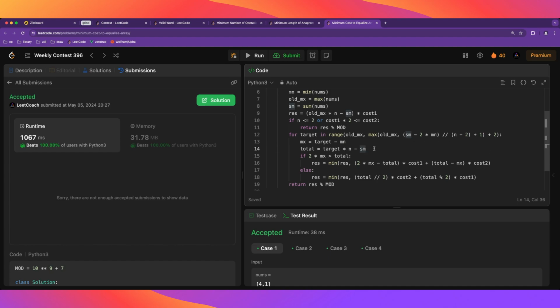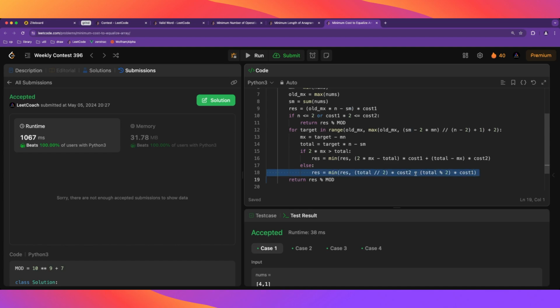So I'm recapping. Then I said, okay, let's search for the target. Let's try a bunch of values for target until we find. But when do we stop, right? So we start at the maximum and we increment. But when do we stop? And what I said is that once we get to this formula right here,